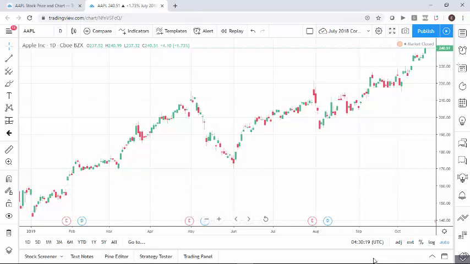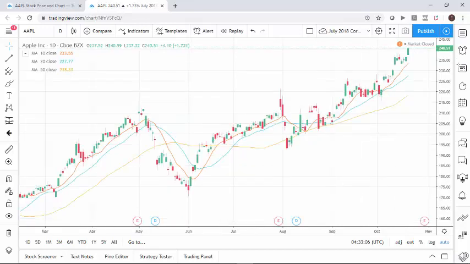So let's take a look at the next slide, which shows some of the moving averages. I like to stick to the 10, the 20, and the 50-day moving average. Now you can get all sorts of creative. 200-day is pretty popular. The 100-day. I tend to look for, especially in a stock like this that's been on the uprise,